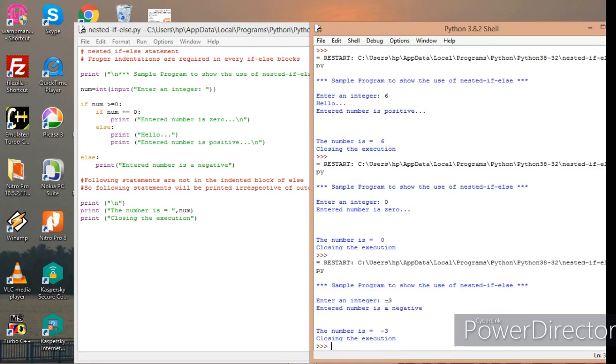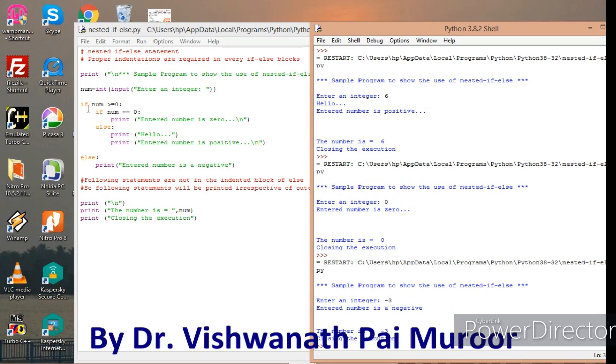So entered number is -3, entered number is negative, it is shown. So this is how we can test. I have given one program to use the nested if-else statement. Whenever we are using these if conditions, the corresponding statements inside that particular block must be indented properly.